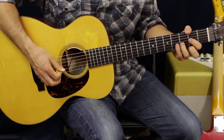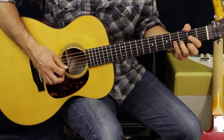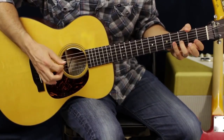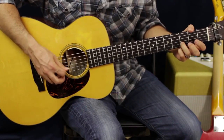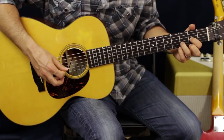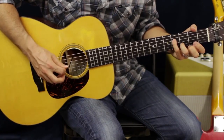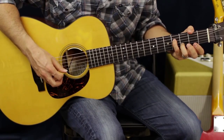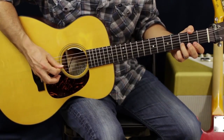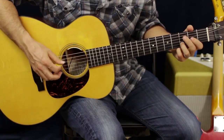So what I did was I took my D chord and I used my pinky to grab a note up on the D string. So I hammered on and pulled off with my first finger right where it normally is. I just hit an open G, and then I went to the 4th fret D with my pinky, and then so we got